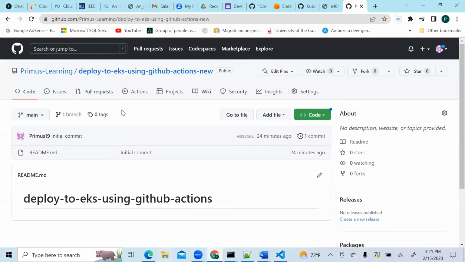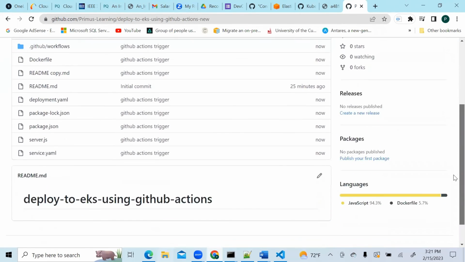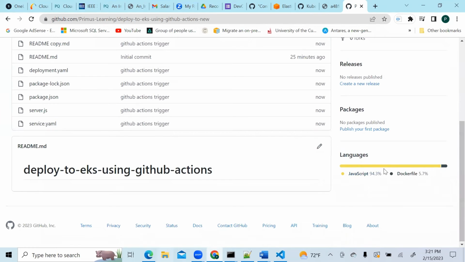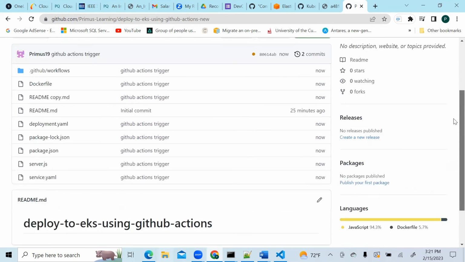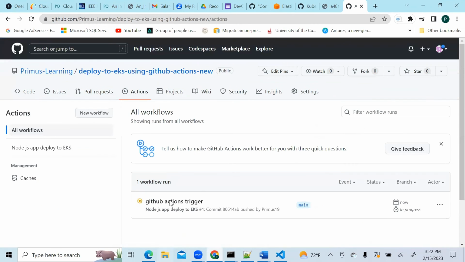So this repository has nothing yet. If we refresh it, we should see content in it. So you see there is some content in it now. And you can see the type of languages that are used here: Java, JavaScript, and Docker files. There's YAML as well. All right, so if we go into actions, you still should see that there is a